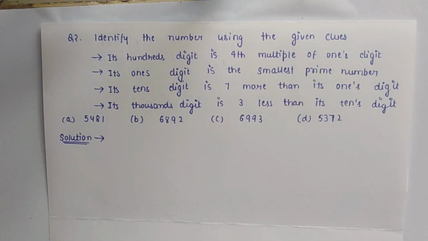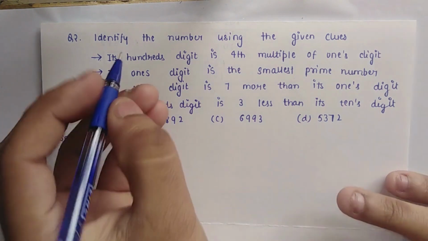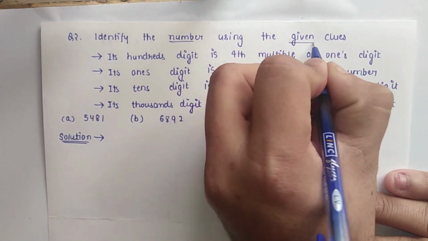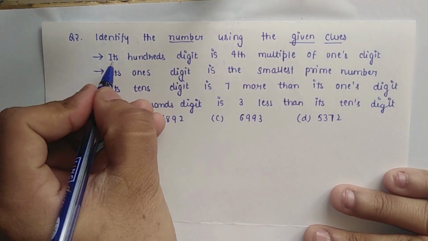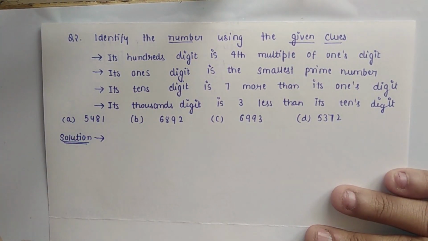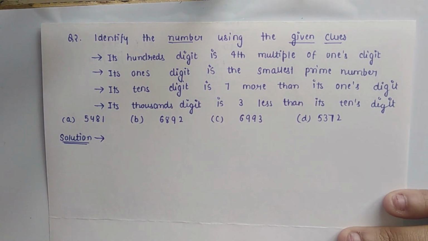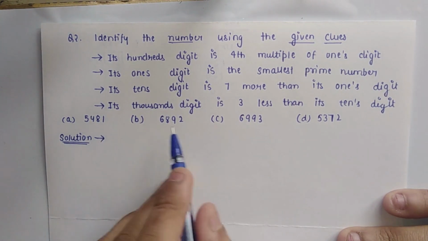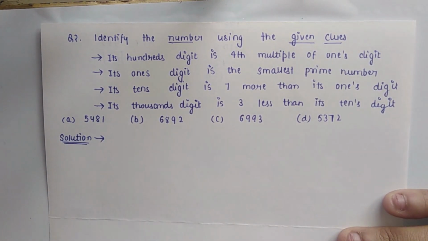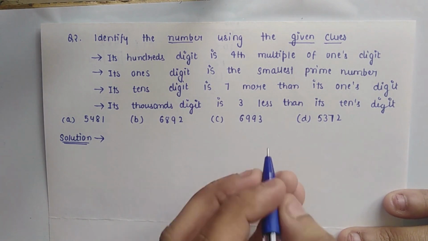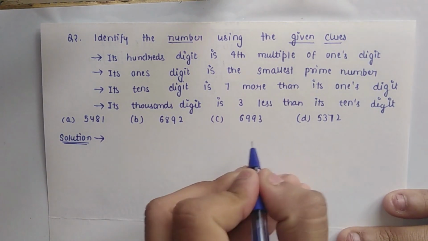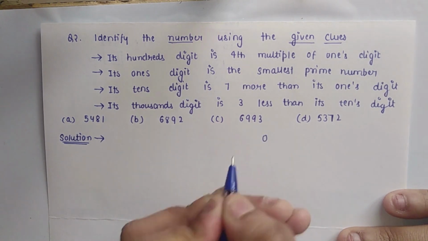Let's take a look at question number 2. In this question, it is given that we have to identify the number using the given clues. We are given some clues, and on the basis of that, we have to identify the number. I have included the options for this question also, and in all the options we can see that there are 4 digit numbers. So let's start by writing how the 4 digit number will look like: